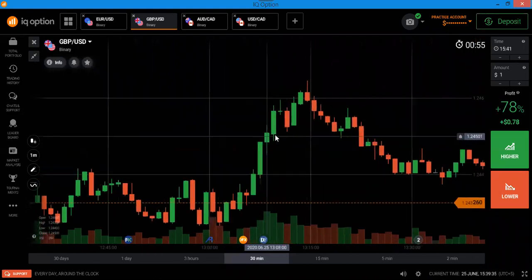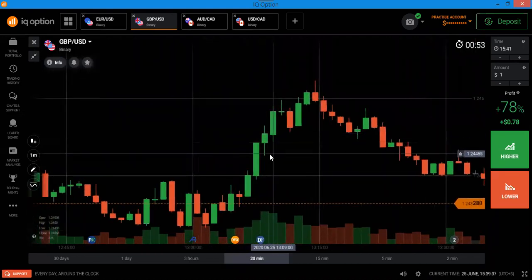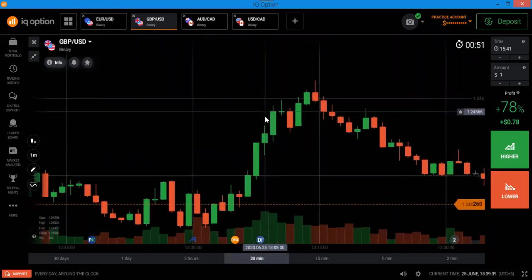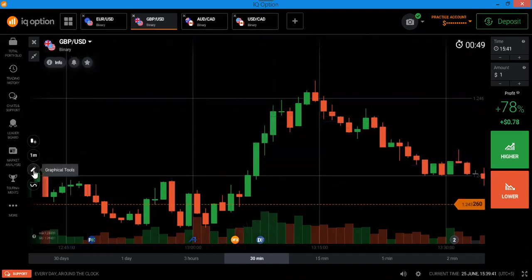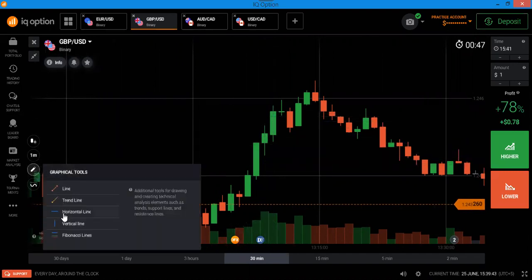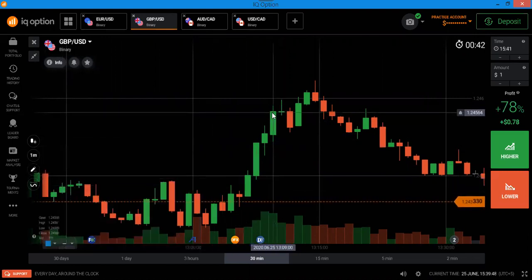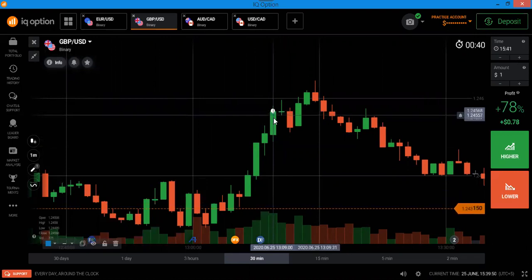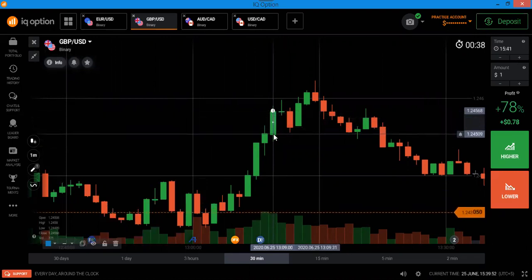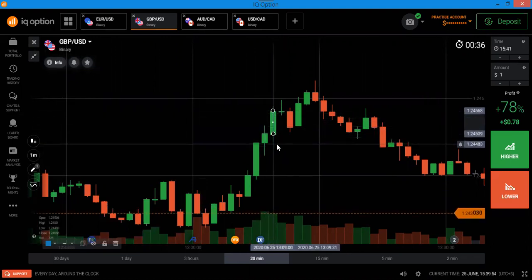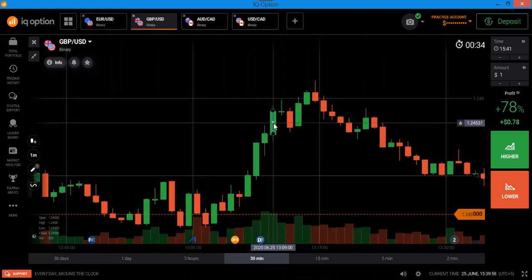If we draw the support and resistance level on the 50% of the candle body, we can get many support and resistance levels. The main thing is that you draw a line from body to body, and it will give you an accurate measurement of where the 50% level of the candle is. So this white dot shows the 50% level.